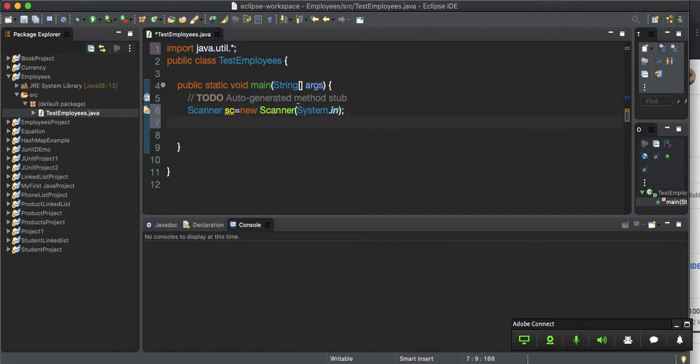Then create the names array, String names equals,